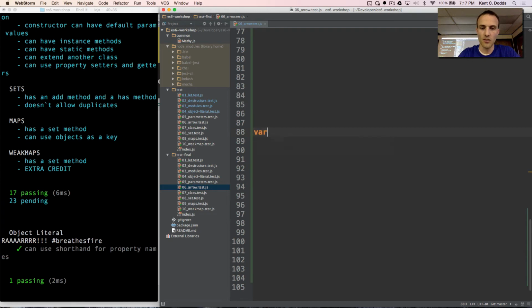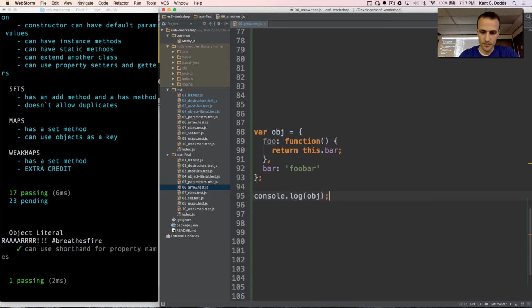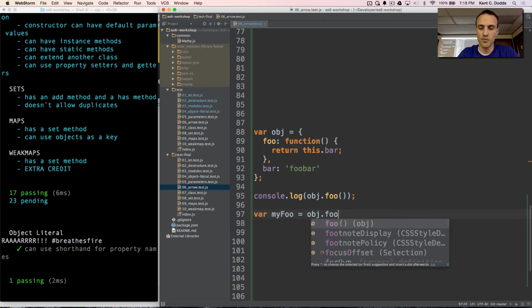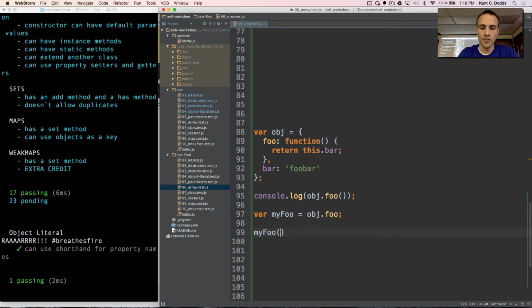I'd say var obj, so I'm going to create an object that has a foo function that says return this dot bar, and then I'll have bar equals foo bar. And then if I say console.log obj dot foo and invoke that, that will give me back foo bar. But if I do var my foo equals obj dot foo, and then I say my foo, that is going to give me back undefined.